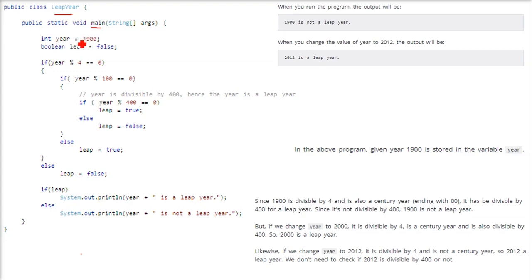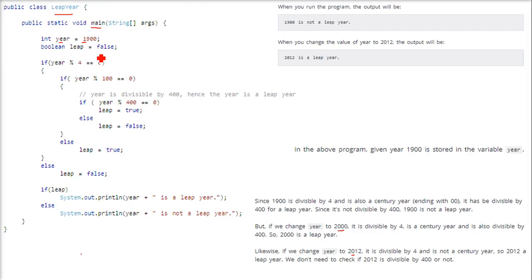There are two ways in which you can take the value: either you can take the value from the user or you can initialize it here. So here we have initialized a variable year, which is integer type, to 1900. Now we'll give another value, 2000, and then we'll also give 2012.